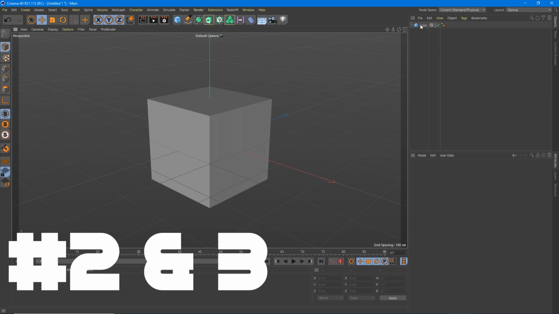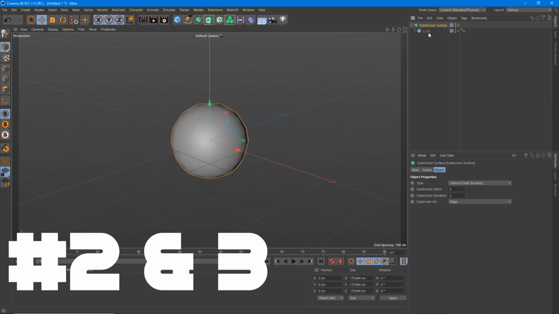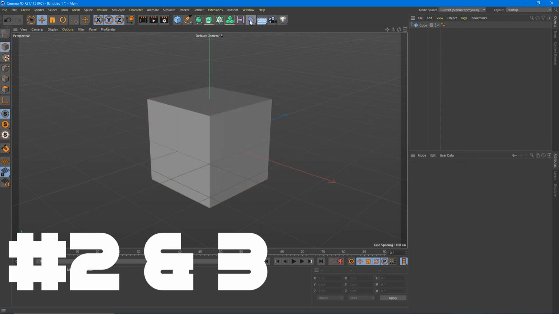Quick tip number 2 is that if you want to apply any of these green modifiers to your object, all you have to do is hold Alt and then click while this is selected, and that will automatically put it inside there for you. Now, the other way is if these blue objects need to be a child to the object rather than have this be a parent to the object. You will hold Shift. So if with the cube selected, I want to put a bend on it, I hold Shift and click, and it will automatically apply it to that object. So blue or purple, whatever color this is, objects that need to be a child, you hold Shift and click. Things that need to be the parent of your object, you hold Alt and click.